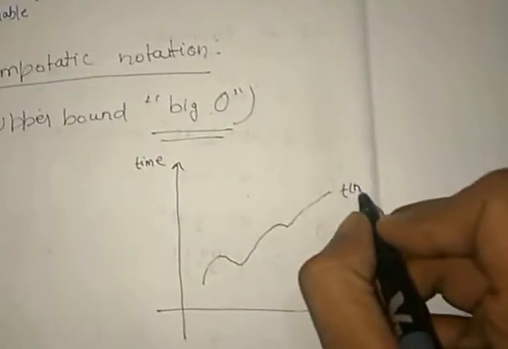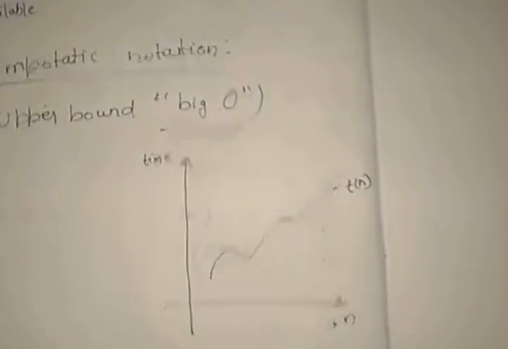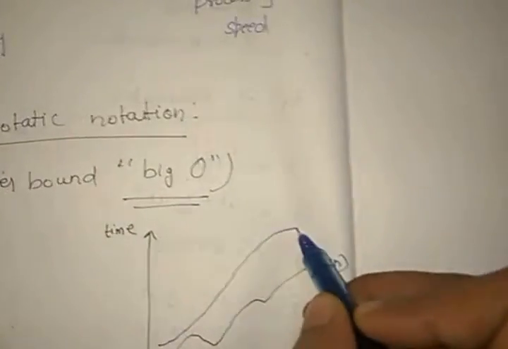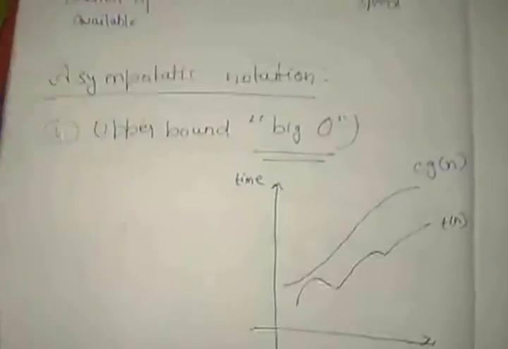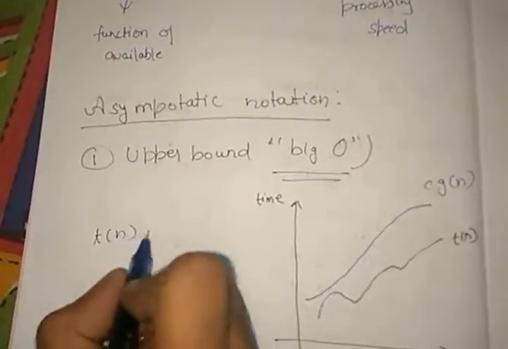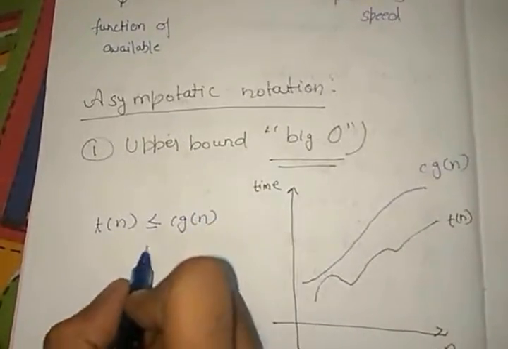The time complexity of the algorithm is denoted by this curve. And if we have found a c·g(n) such that for every input, T(n) is less than or equal to c·g(n)